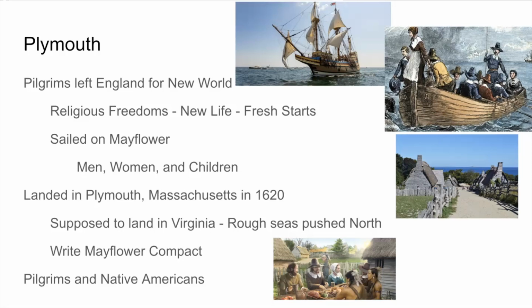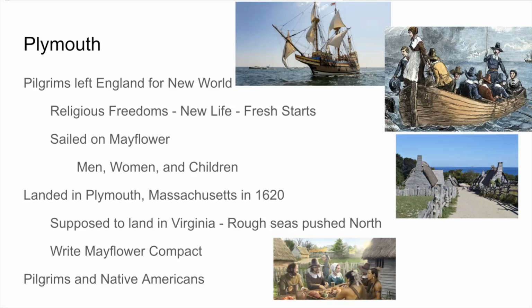So why did the Pilgrims leave England in the first place? Well, religious freedom was the big one. The Church of England, the idea of how you should worship, who you should worship, what to worship, was a question mark for the people. And they used that as a chance to leave. They're like, it is time to get out of here, time to start anew. And it was the colony of Plymouth that the Pilgrims used for it. New lives and fresh starts were other people's reasons. It's new opportunities, like we talked about before.